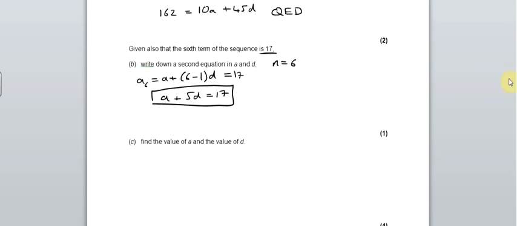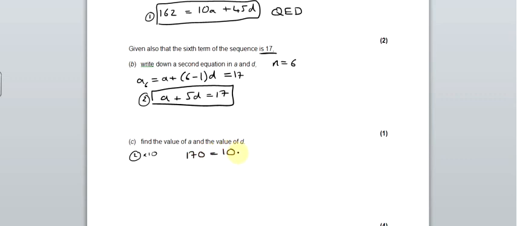Find the value of a and the value of d. So simultaneous equations, we've got this one and we've got this one, and we're going to solve them simultaneously. Now, I've noticed that I've got 10a here and a here, so let's call that equation 1 and equation 2. I'm going to do equation 2 and multiply it by 10 to give me 170 is equal to 10a plus 50d,